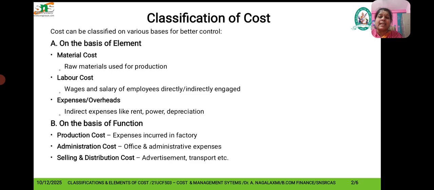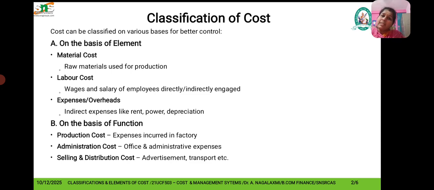First, the cost is classified on the basis of element. So, material cost, labor cost, expenses or overheads. What is material cost? Material in the sense of raw materials needed for production. So, raw materials used for production. Raw materials purchased, then taxes or expenses on raw materials, carriage inwards, everything comes under raw material, that is